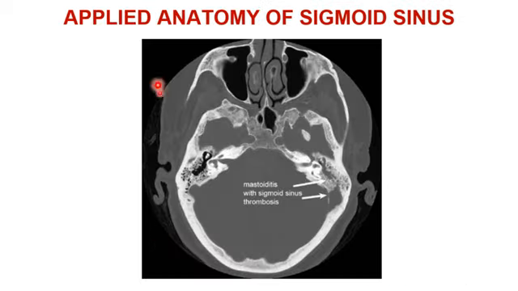The applied anatomy of the sigmoid sinus. So basically there is going to be thrombosis of the sigmoid sinus. It may take place from the infected middle ear or mastoid antrum. This is basically due to the communications. So the thrombosis may extend to the superior sagittal sinus along the lateral sinus, and this may result in impaired drainage of the cerebrospinal fluid, and the resulting condition would be hydrocephalus.